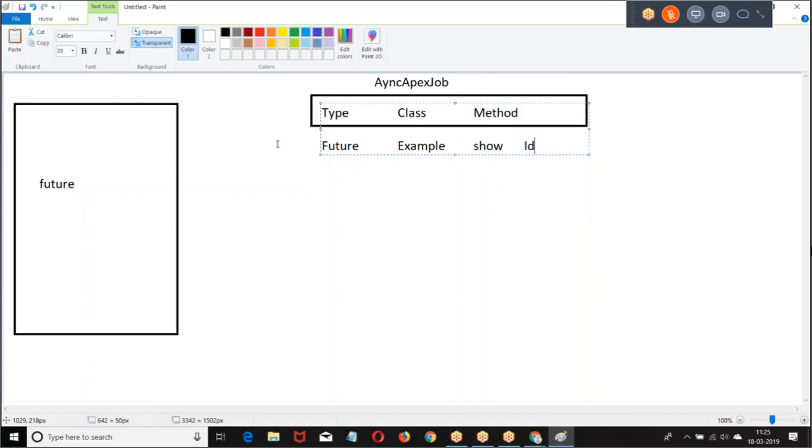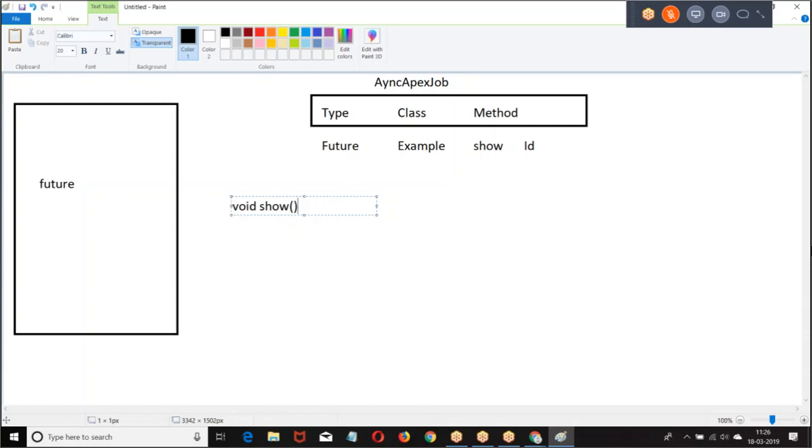But what is the return type of a future method? When you call this, will it give any return value? The job is registered and is going to run, but the ID of the job will not be given to you, because the method has return type void. If you know the ID of the job, it is easy to track the status. Because I am not giving the ID, it is difficult to track the status. Are you clear about this?